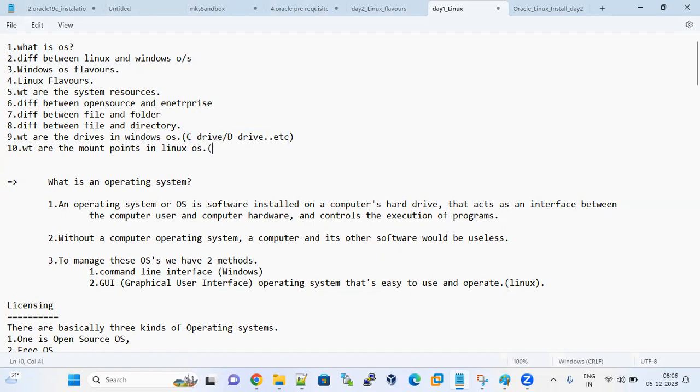Here in Linux, /user1 is a mount point, /user2, etc. We call these mount points. There we say drives, here we say mount points. That is the only difference between Linux and Windows.